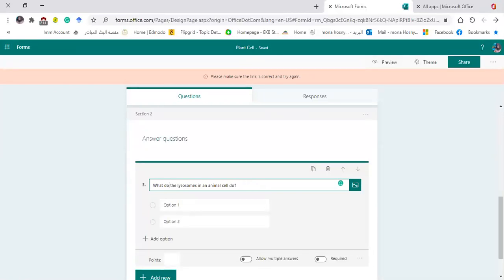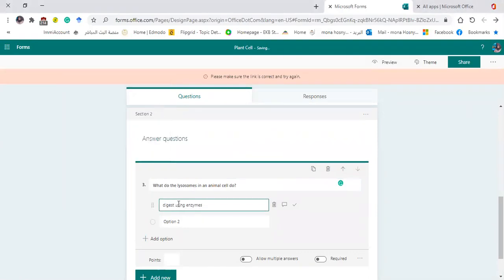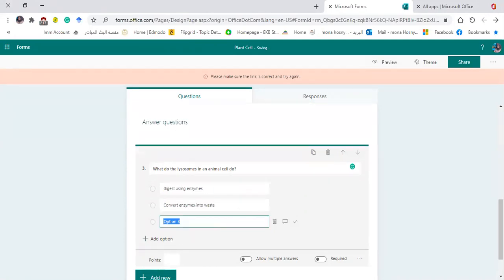Responses: digest using enzymes. Second response, convert enzymes into waste, and I can add option,